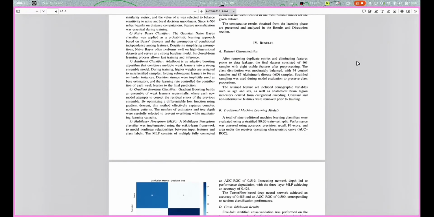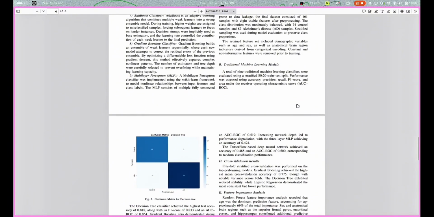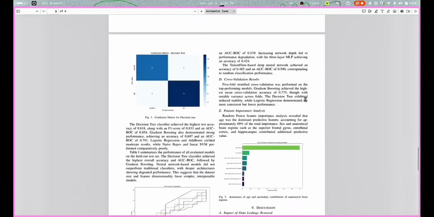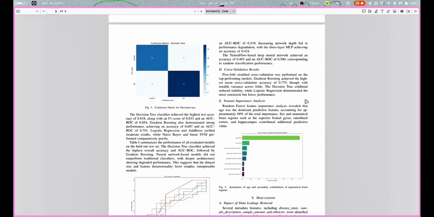So, after evaluating all the models on the leakage-free dataset, we observed clear and meaningful differences in performance, which highlights the importance of a proper model comparison rather than relying on a single algorithm. The decision tree classifier achieved the highest accuracy, reaching 81.8% while also maintaining a good balance between precision, recall,